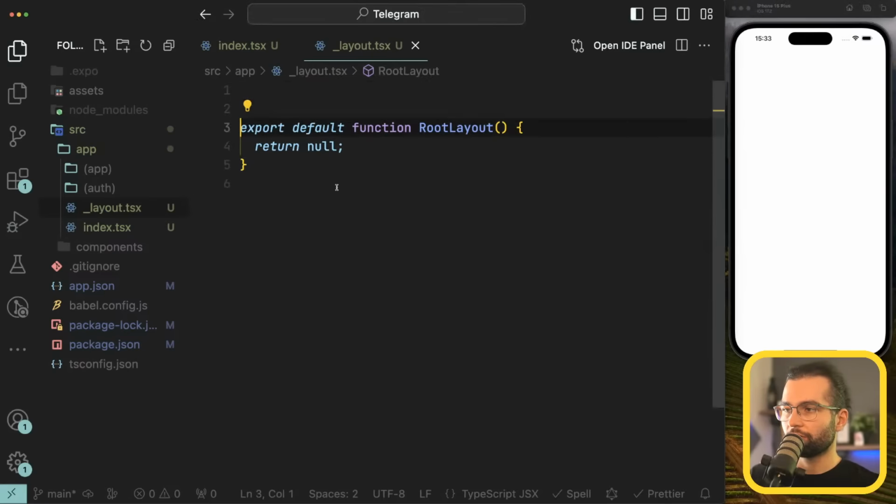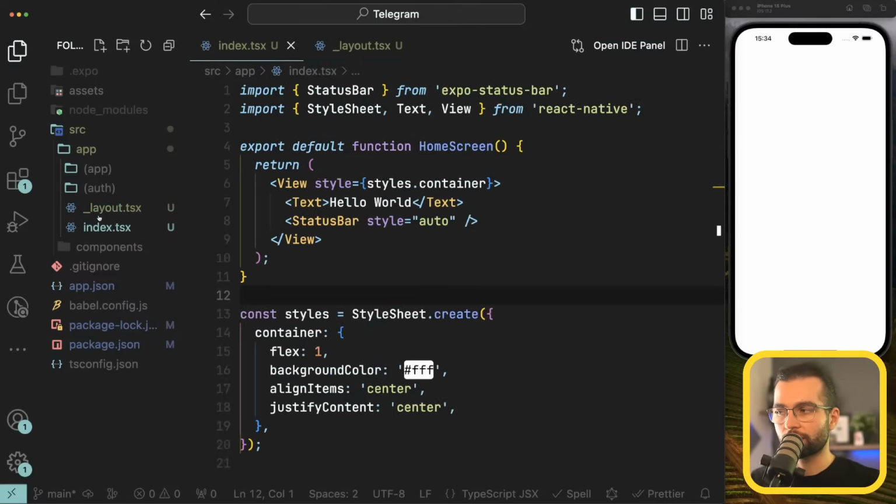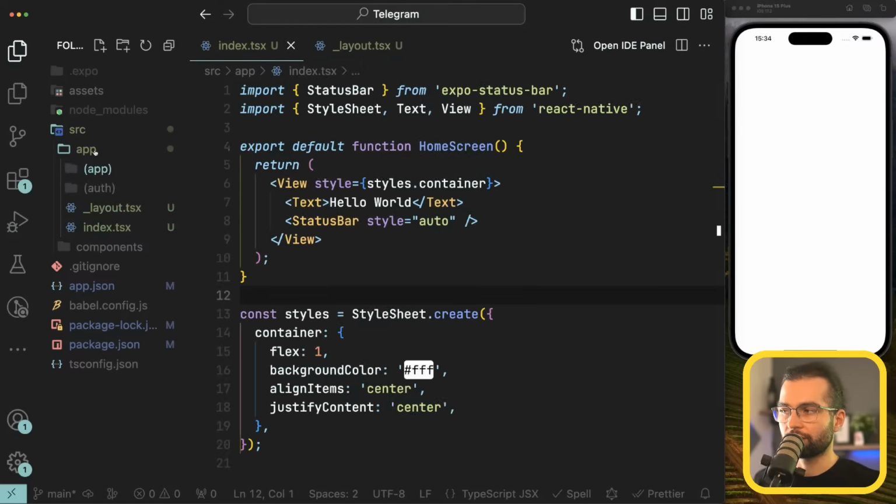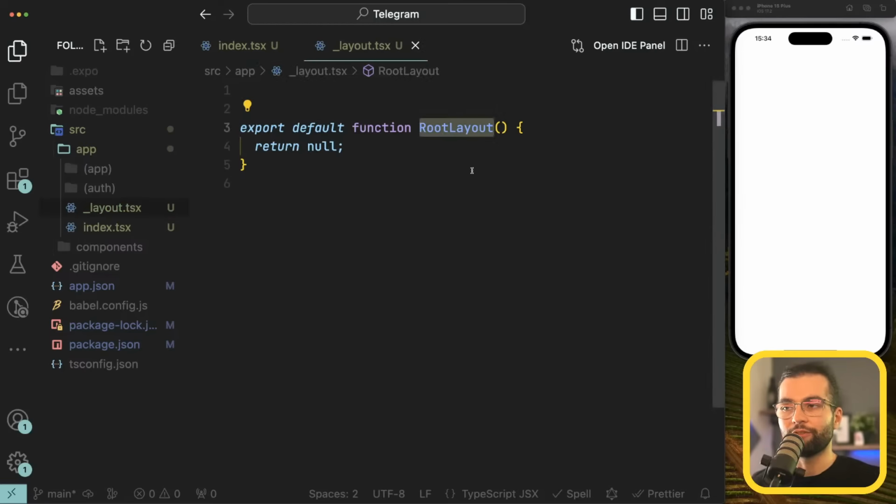That's because, as I said, Expo Router first mounts the layout and only then mounts the screens. So the layout is the code that is being shared among all the other screens inside the directory. So this layout is our root layout,